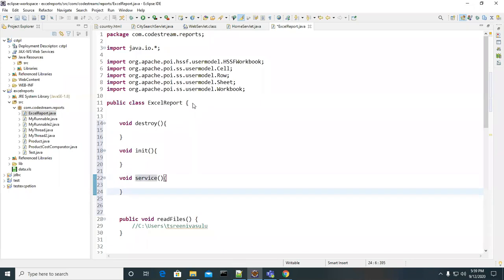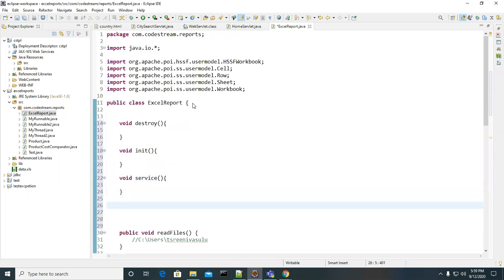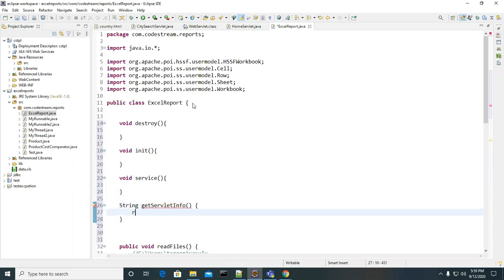Okay. Next. Servlet info method. Get servlet info method. Next.